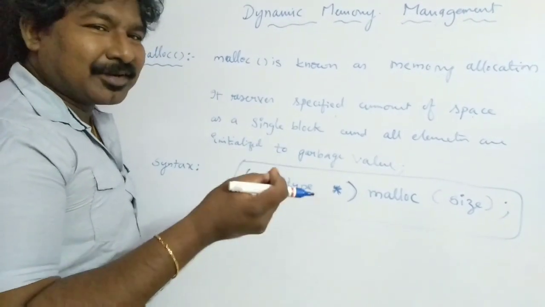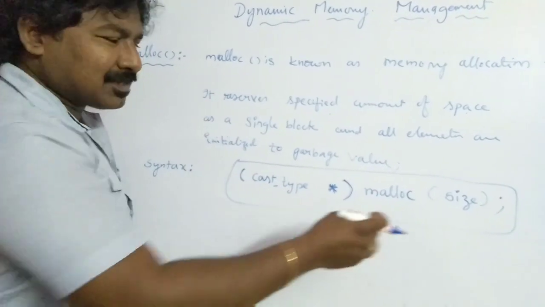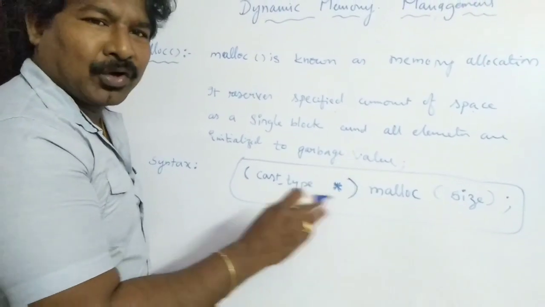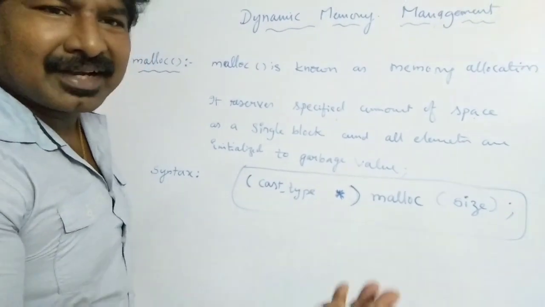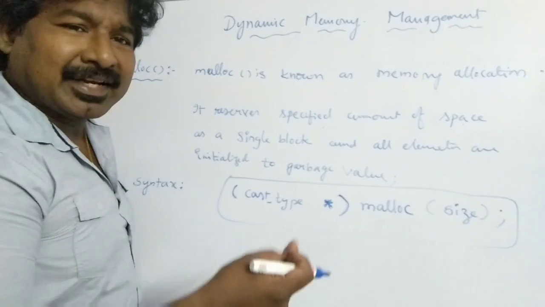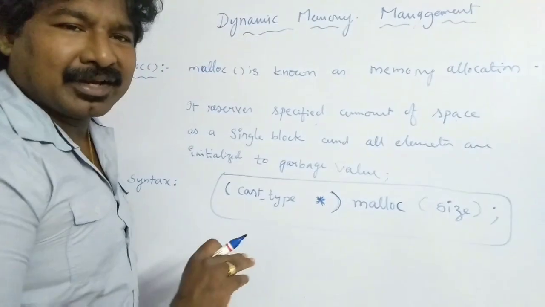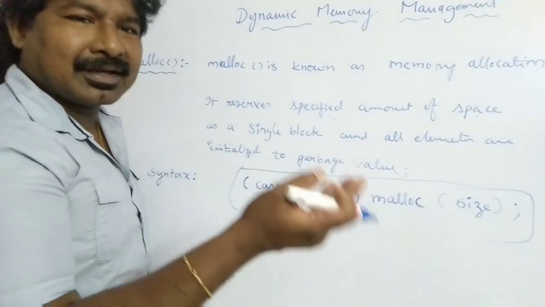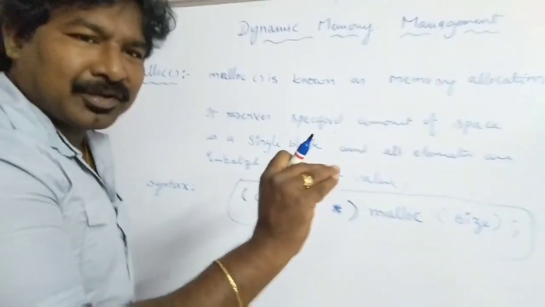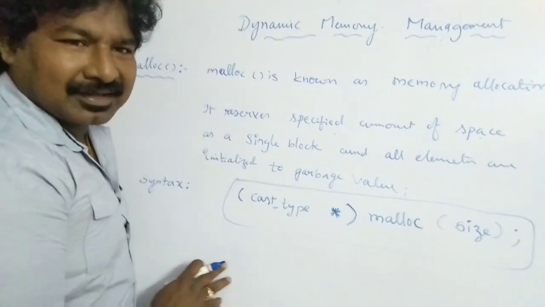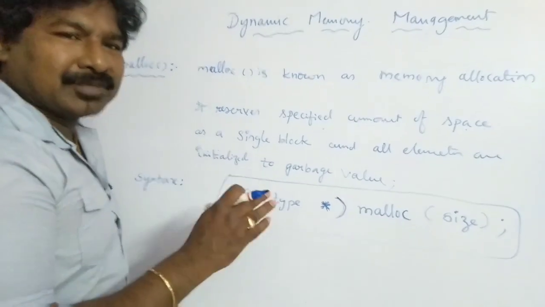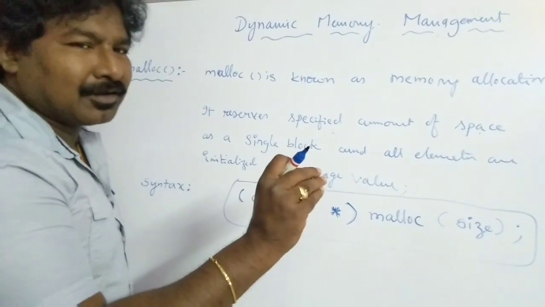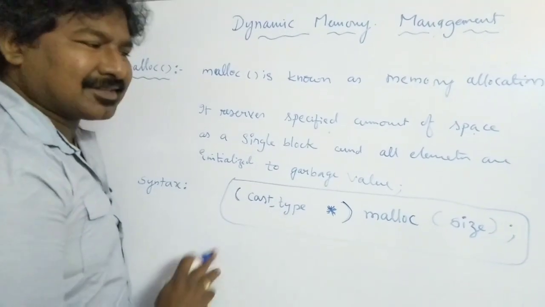Okay friends, I'm once again repeating that. Please remember, this malloc function returns the address of the first byte as a void address. A void address means it is not associated with any kind of data type. So if I want to store integer values into that block of memory, I need to cast that address into integer type. If I want to store characters into that block of memory, I need to cast it as a char star. So you have to perform the typecasting for this malloc function, otherwise you cannot store values into that block. So that's why you need to use this cast type.